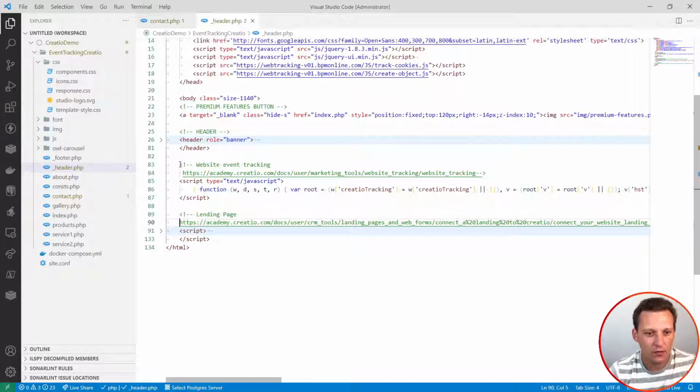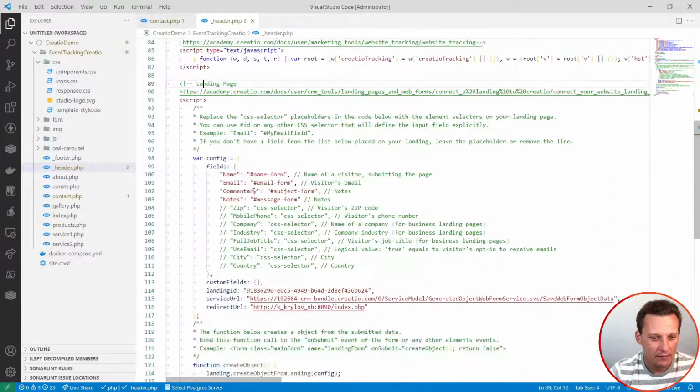I've included 2 components here. So if you're interested in downloading this website, you'll see inside the header that there is a website tracking JavaScript, and there is something for landing page, inside the script tag,